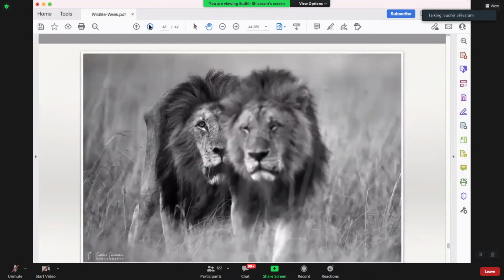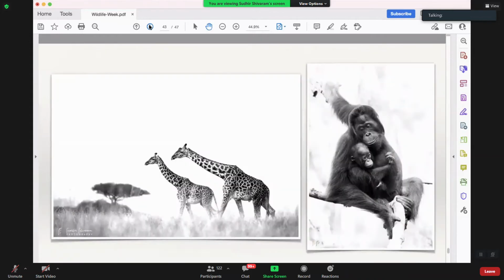In the beauty of black and white, just to share some of those images. Even when I'm shooting black and white, what I do is create these high key images where I purposely overexpose the background, which gives a nice creative touch to the image. So both the images, if you see, are purposely overexposed, but retain the contrast of the main subject.